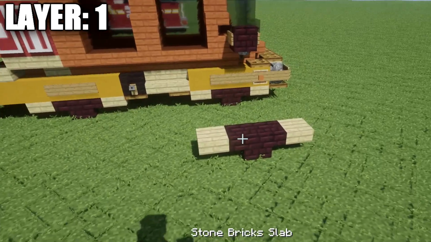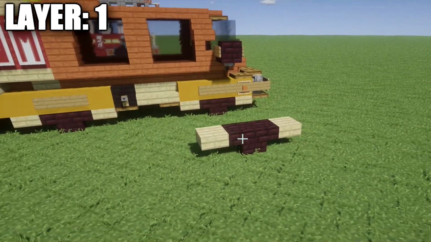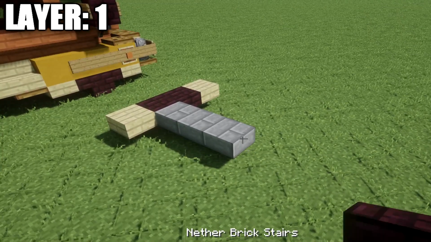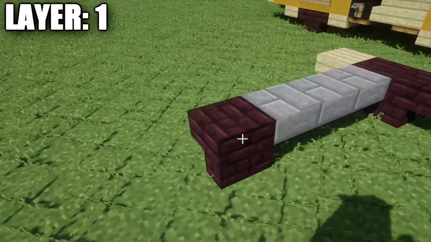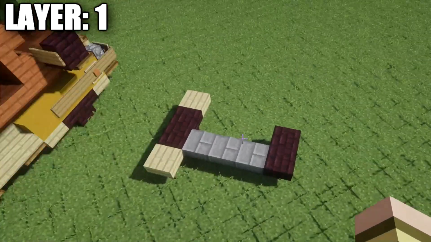From that, we're going to go ahead and go to the second nether brick stair, so the front of our vehicle is going to be this way right here. We're going to go to the second nether brick stair back. We're going to place down 1, 2, and 3 stone brick top slabs across like this. We're going to place down another nether brick upside down stair on this side, and a nether brick stair right behind it, so we create the right front wheel, just like that, so you can see a space of 3